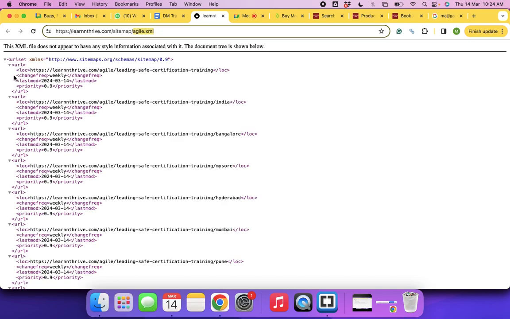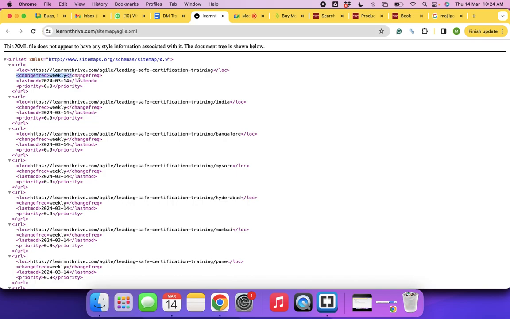In this file you can provide a list of all the 1,000 URLs pertaining to your website, and you can also tell when the content is changing, the change frequency. It's changing daily or weekly or monthly or yearly. So you are providing information to the bot that my content changes daily. So that's when they will start prioritizing to crawl your web page accordingly. If you're telling that things are changing daily, there is a good chance of them visiting daily.